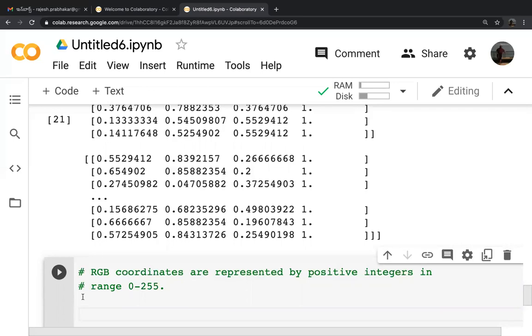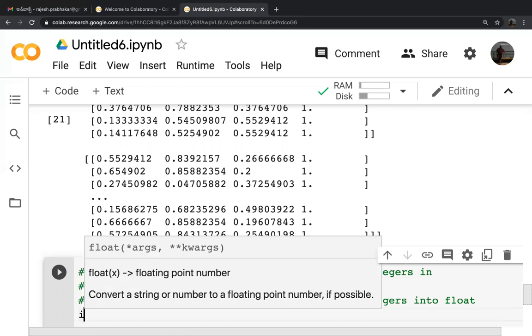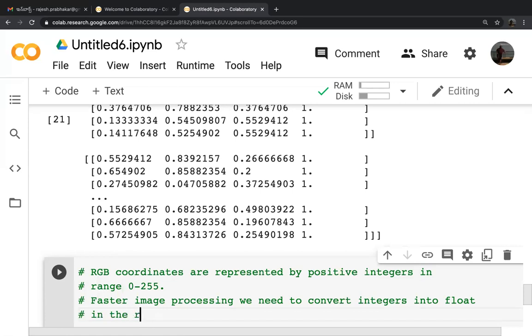Now, generally, for faster image processing, we need to convert integers into floats, in the range of 0.0 to 1.0.